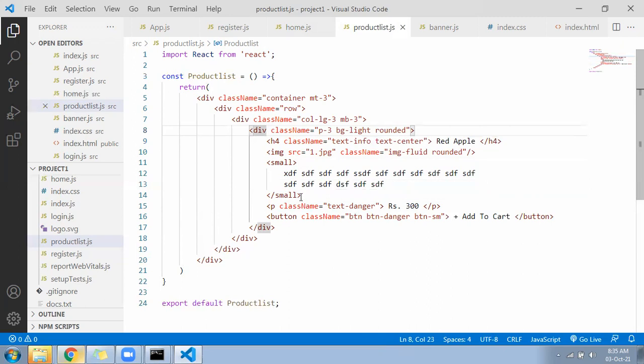Or directly, for the row level, complete for the row level, you can write text-center. Everything will print in the middle.